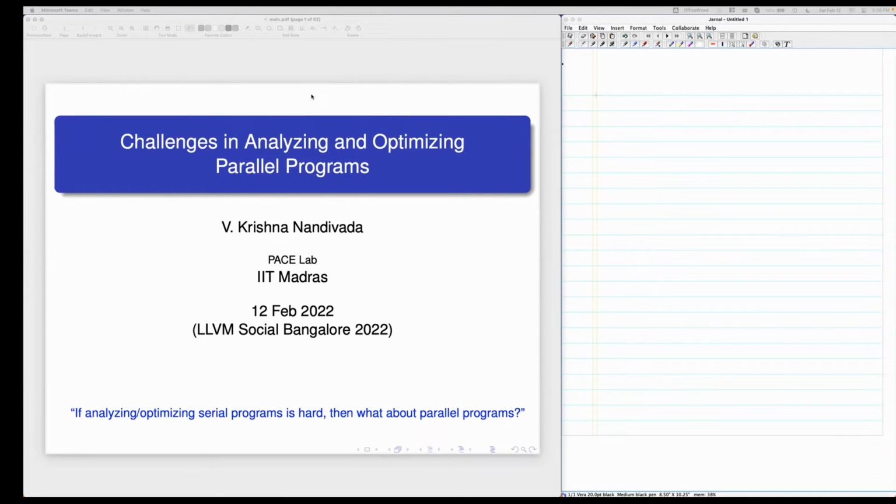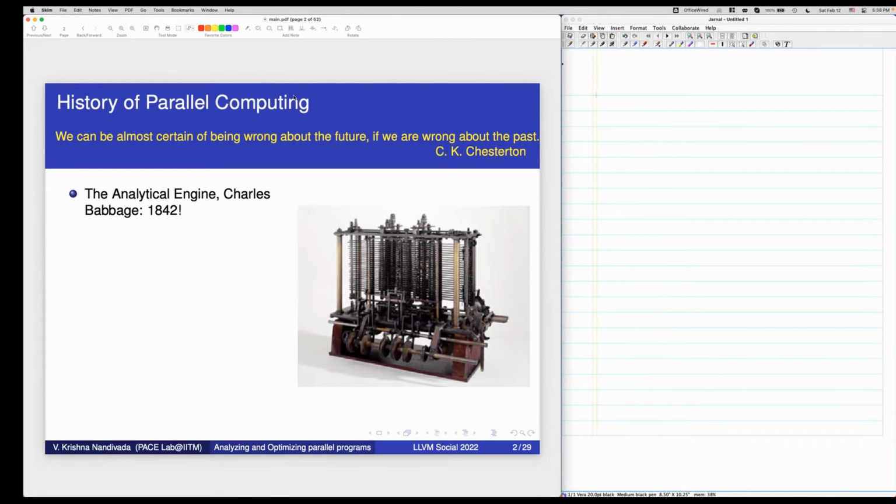All right. Our goal is to talk about challenges in analyzing and optimizing parallel programs. Let's start with some kind of history. If you look at just the design part, 1842, Charles Babbage, the analytical engine.